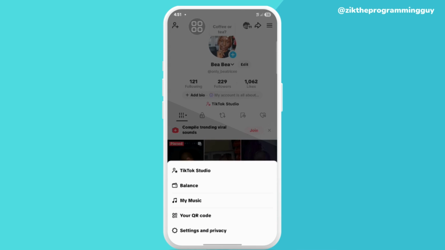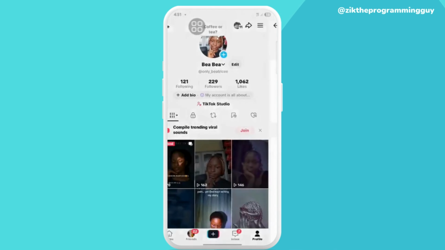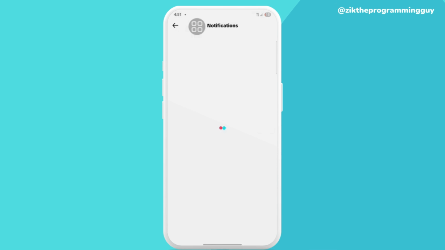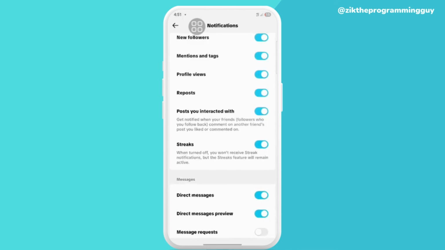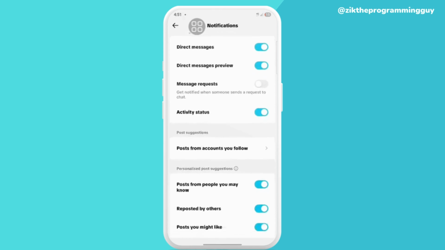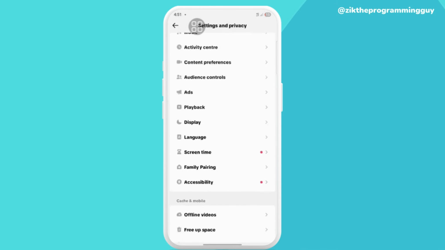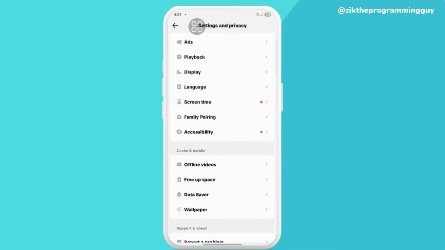You click on settings and privacy right here. Click on it, and the next thing you are going to do is click on your notification right here. You click on notification, and what you have to do is scroll up a little bit right here. As you can see all this, you just have to turn them off totally. Then the next thing you are going to do is go back